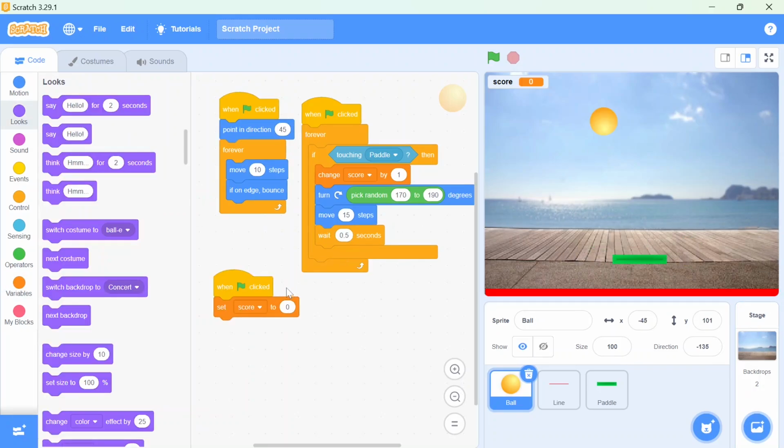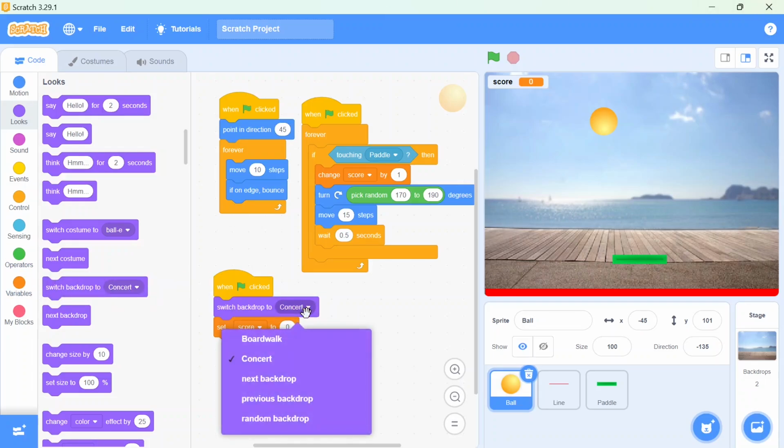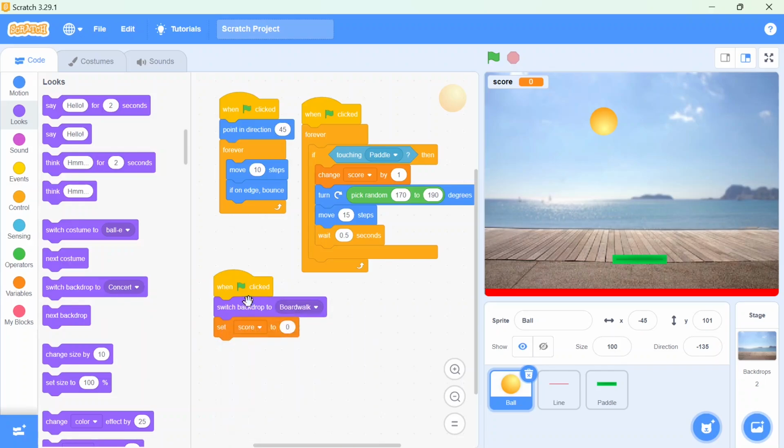Now if I want to change my backdrop when my score reaches more than 5, so what should I do? Here I will add some backdrop condition, like switch the backdrop, and first I want a boardwalk, and then I want to wait till what? Till my score reaches 5.